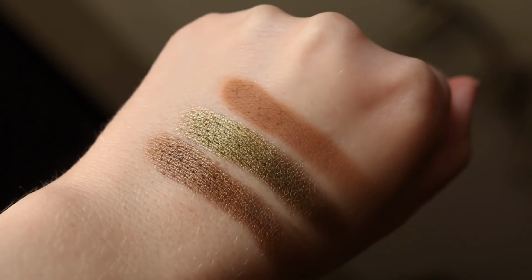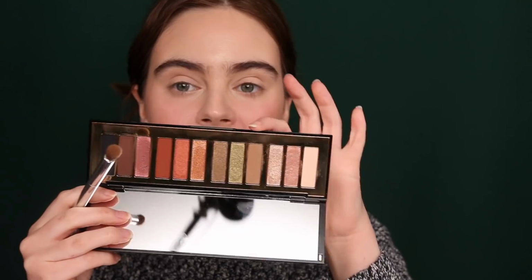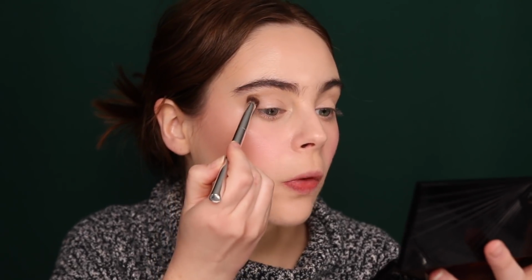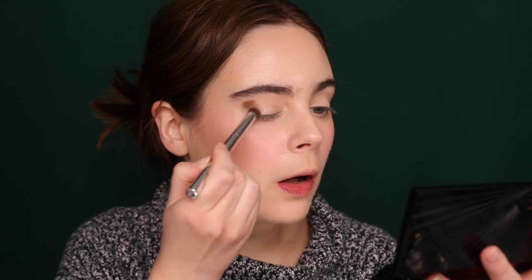And you guys, when I talk about these green tones, I've just been in love with them. And every time I want to do an eye look, I'm like, oh, I should do that green look. So I'm going to try that out and go for a little bit more of a bold, smoky kind of look. I take this taupey khaki green and I'm just going to really load this up on the outer